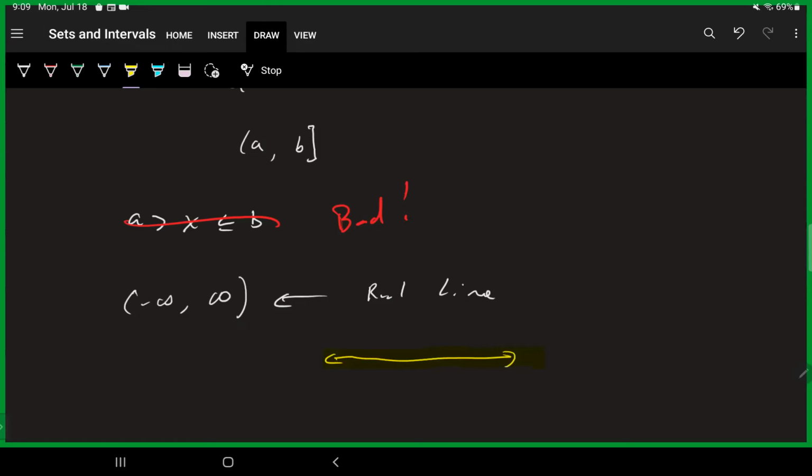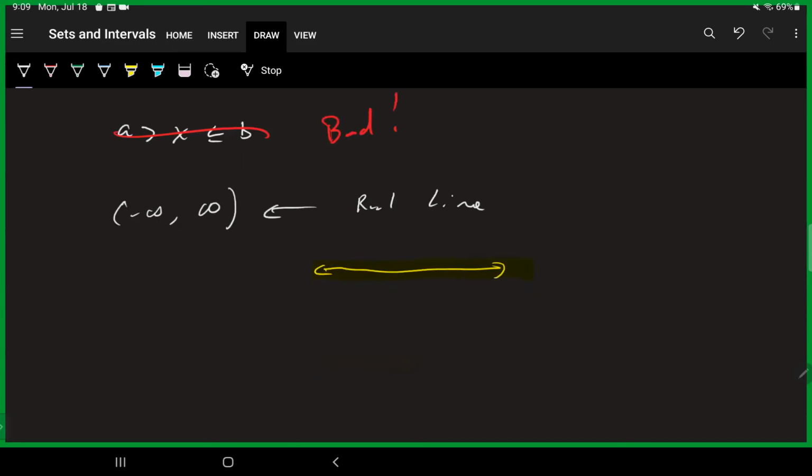It's the whole thing. We actually have a special symbol for that, and that's the set of real numbers. Double struck R, x such that -infinity is less than x is less than infinity. Because we can't include infinity, we should never see less than or equal to signs. And so that is another special set that we're going to see. Actually, we're going to see this one a lot in this class.